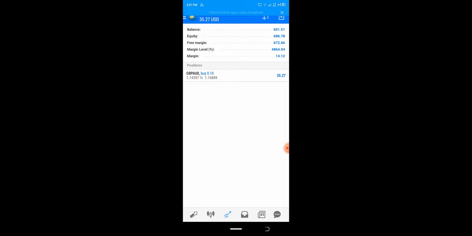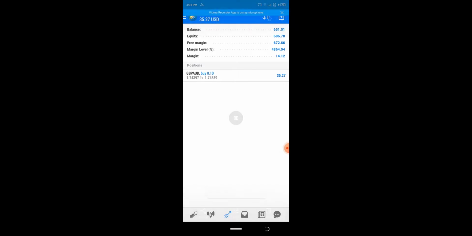That's a very small lot size, for anyone with a smaller account. Maybe you have $10, $50. If you would have entered this trade with me right now, you would have tripled your account. Let's say you had a $10 account, now you made $35. That's a good trade to take. But if you have a lot of money, you can increase the lot size. Let's say someone was using a one lot size, this would be $350 right now. So yeah,